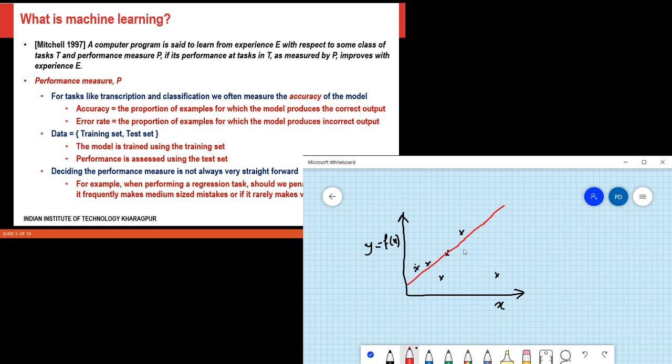The other is that I could potentially say that I want to minimize my maximum error. So then I might go for something like this. Then the maximum error is, I think, either this or this, which is much less than the maximum error in the red one. So I can define my performance measure in many different ways, and depending on that, again my algorithm has to be appropriately designed.